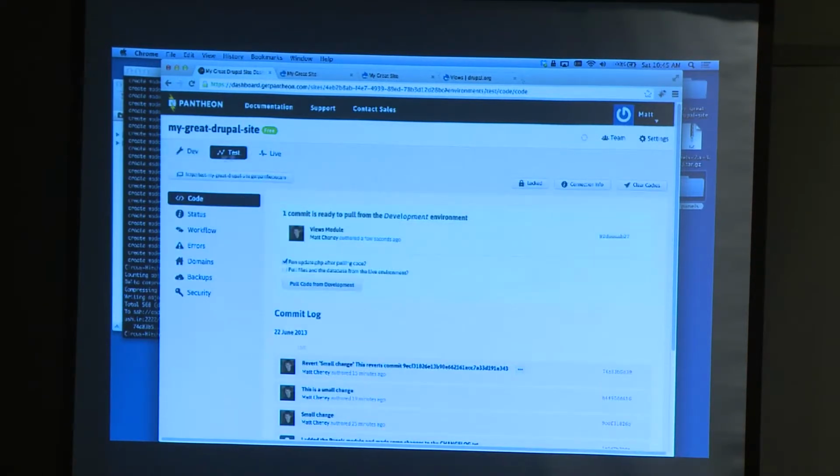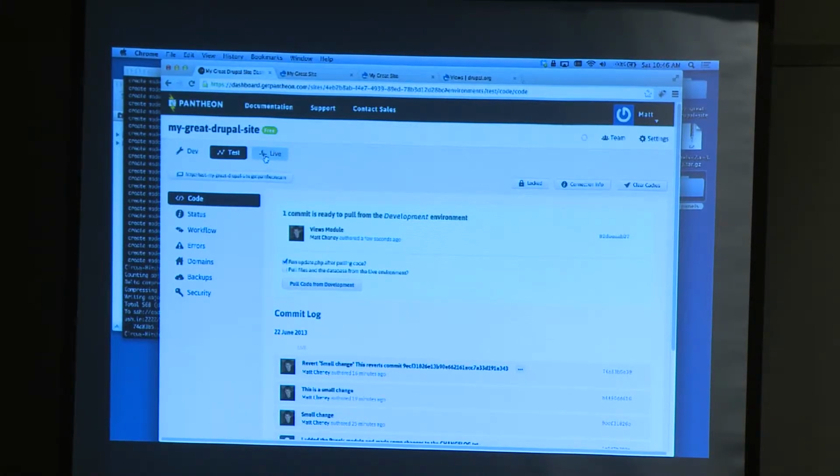on Pantheon, all of these dev, test and live environments are running on the same kind of infrastructure. Live might have a few more resources, but they're the same versions of PHP, same versions of MySQL, same configs and setup for all of them. And this is really, really important. If you've ever developed a site and it doesn't work, I can't replicate it in my dev environment, it's only a problem in production, or my version is different and there's a problem. That happens a lot. And that really sucks as a developer because it works on your local machine or your dev instance, but doesn't work on the production instance. So those are hard bugs to